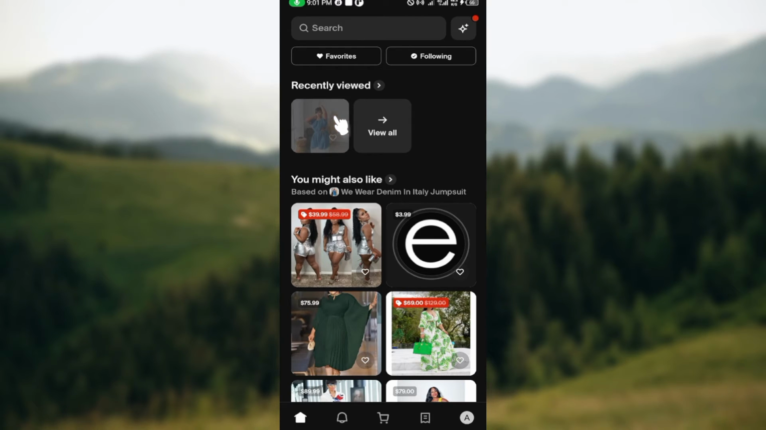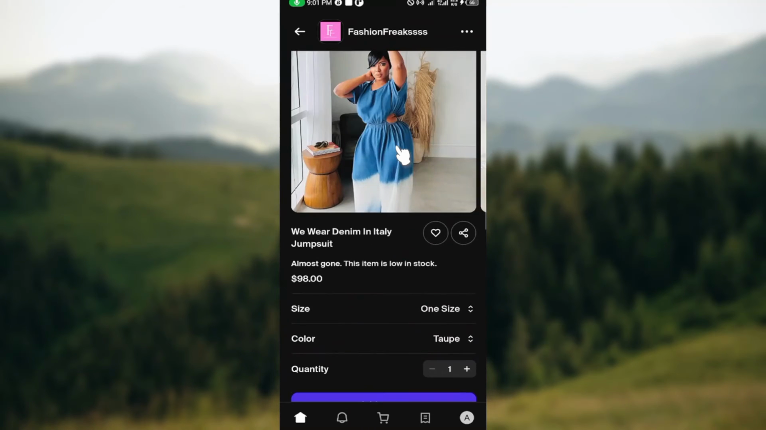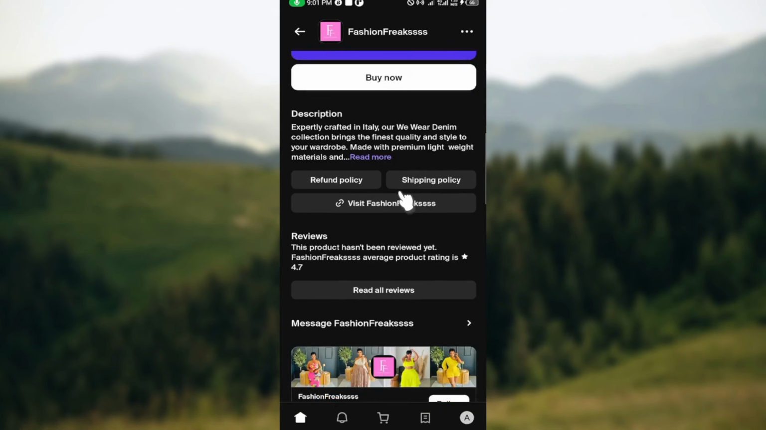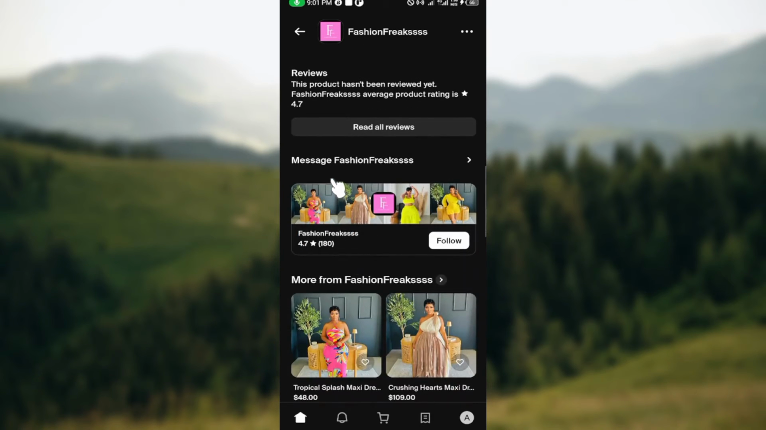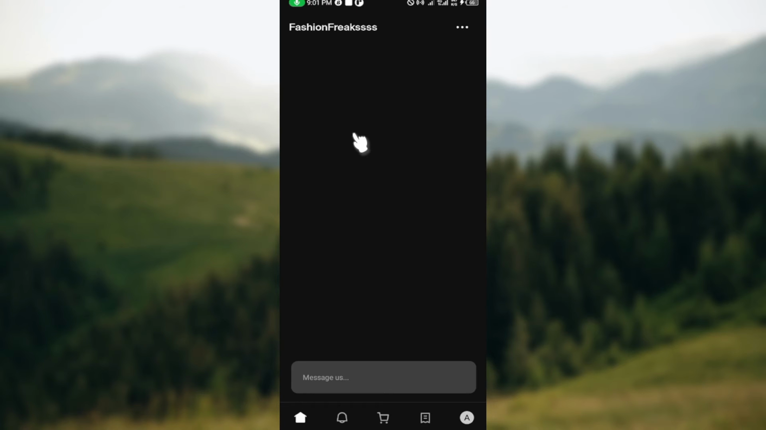Now, this is what I mean. For example, I'm making use of an item. So this is a denim jumpsuit, and then this is the page where the details about the order is being displayed. So now, as you can see, once you scroll down, as you can see on my screen, you can see the name of the store. So by scrolling down again, you see the option message Fashion Freaks. All right, the same way would happen